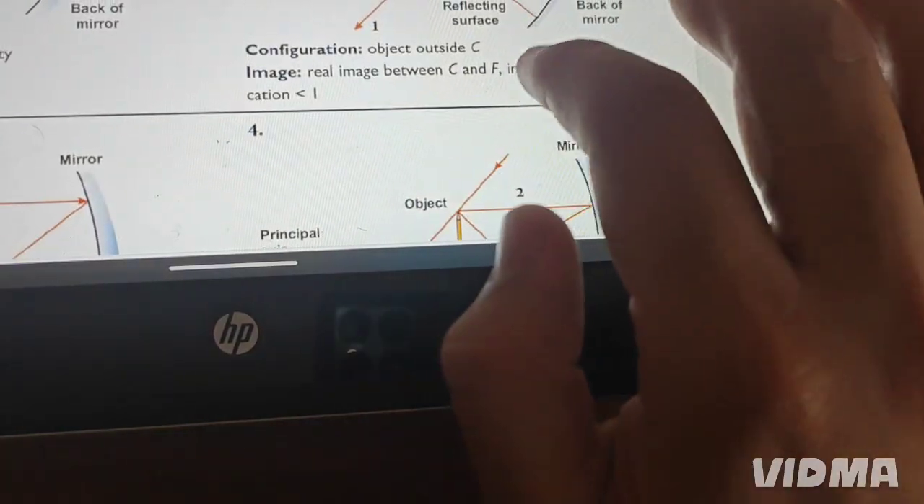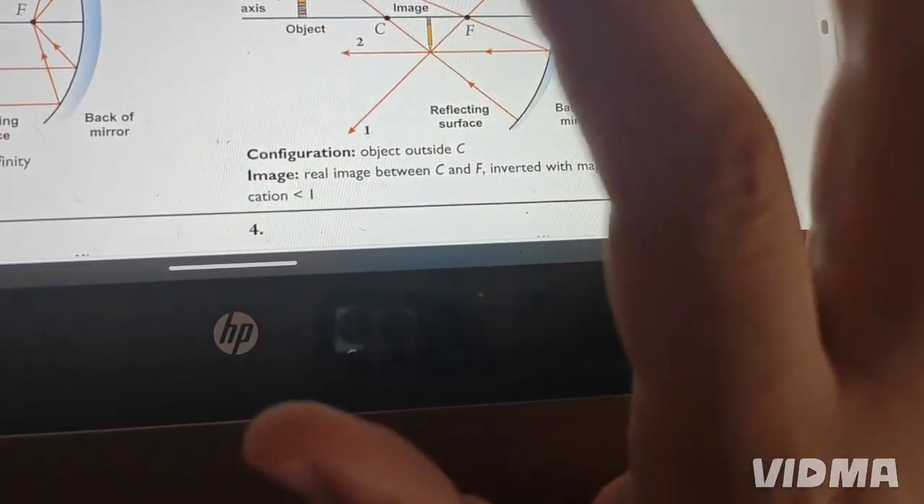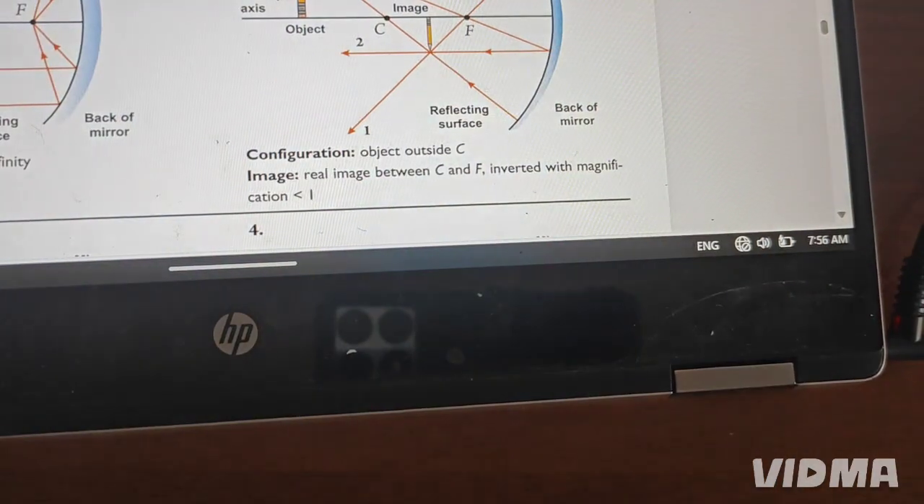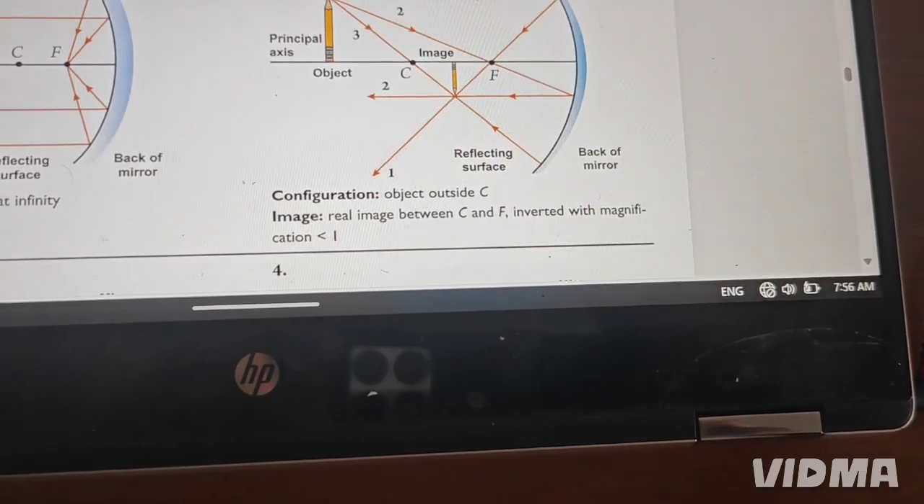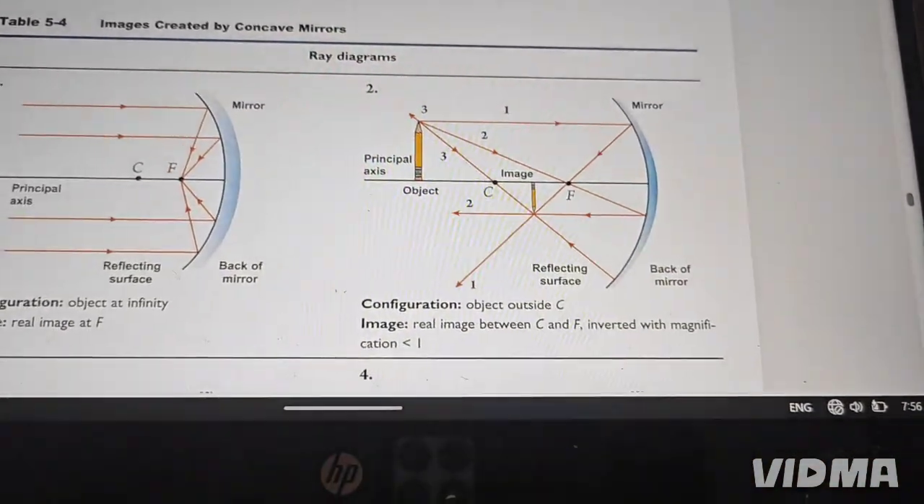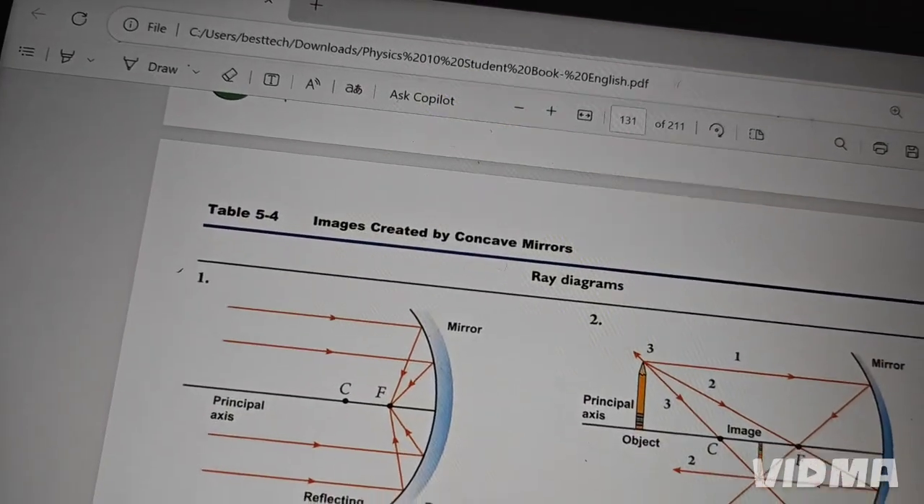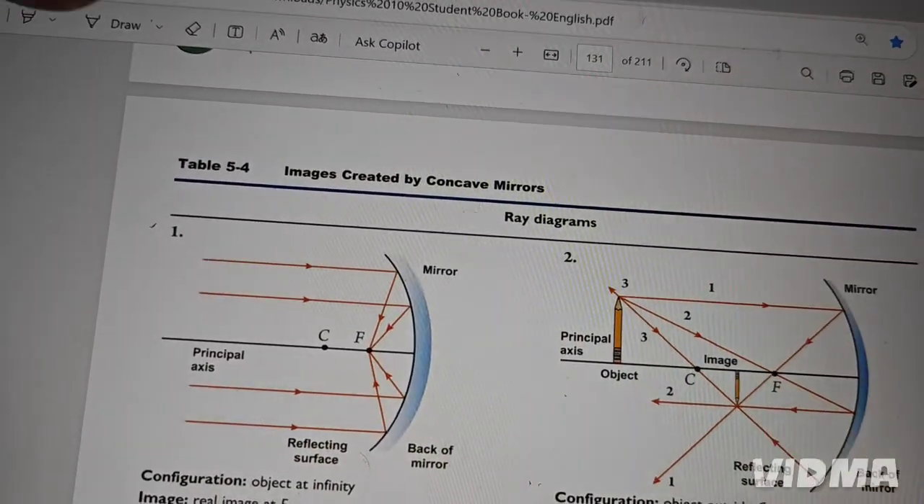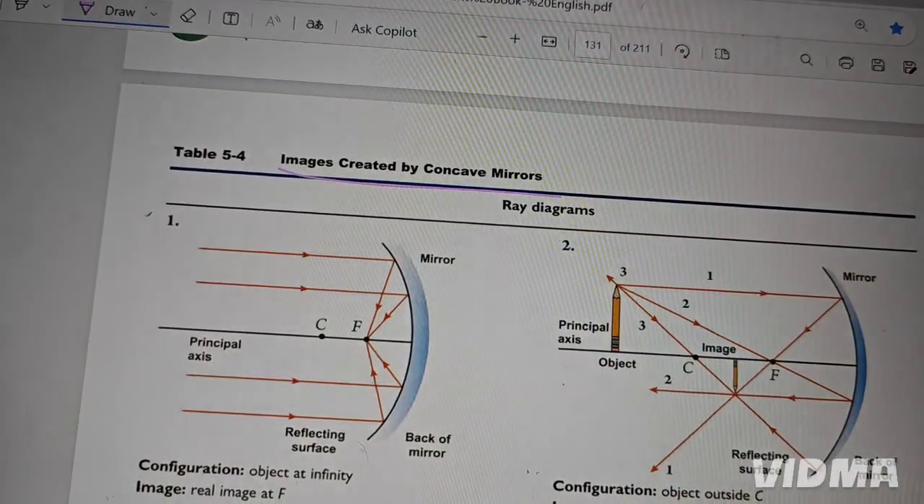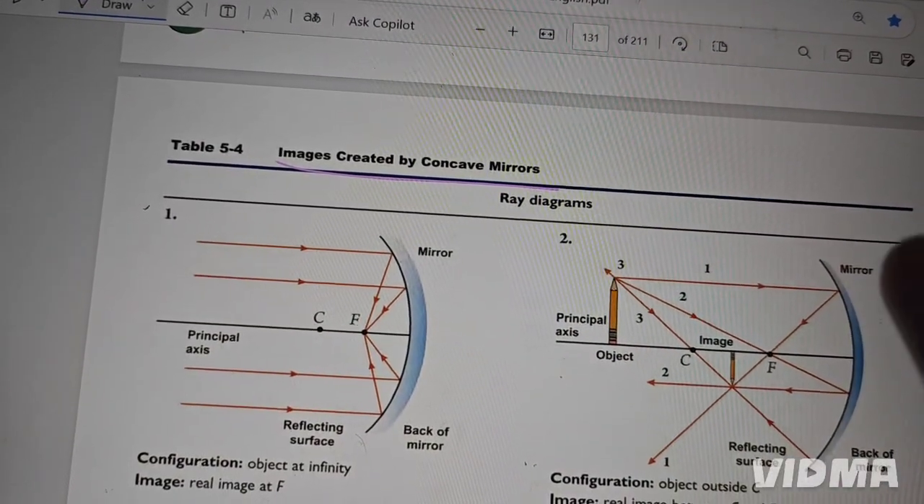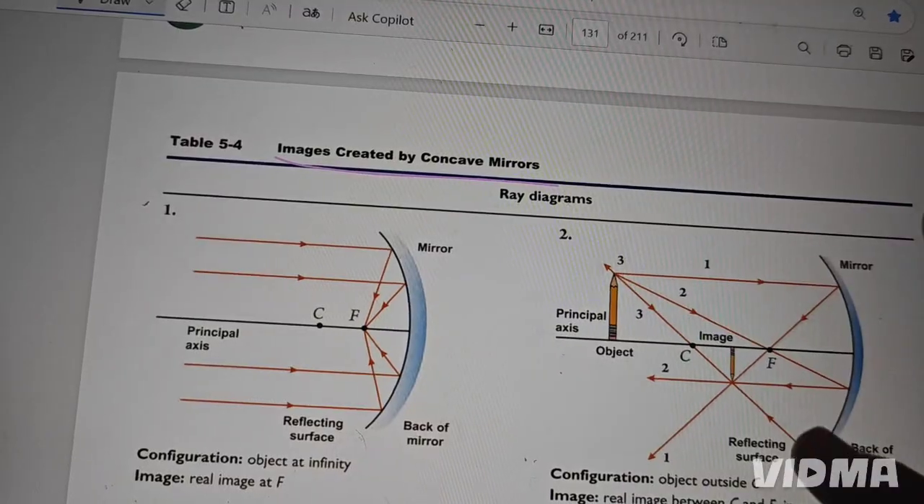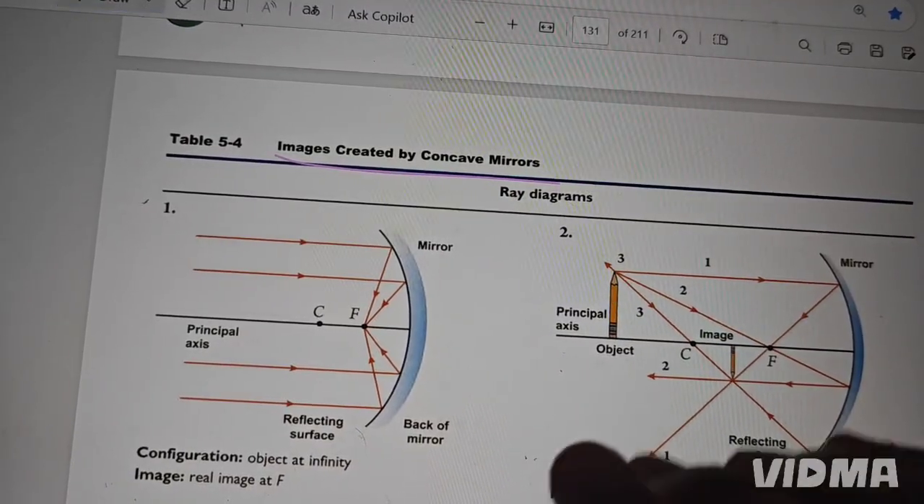So let's solve. We have these six configurations about the concave spherical mirror. Now these six configurations are important actually. So be with me step by step. Image created by the concave mirror. We have six types of image that we can make with a concave mirror. The first one, look,